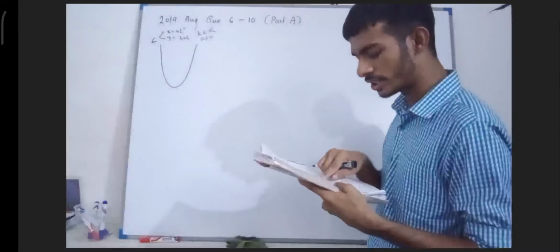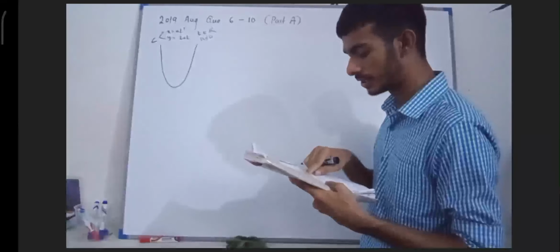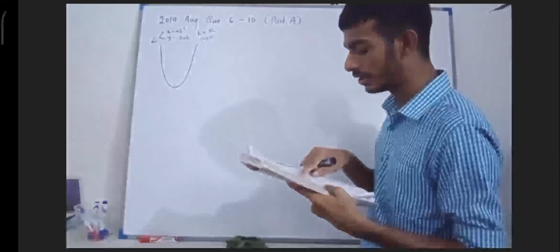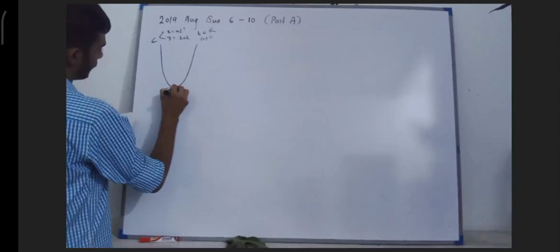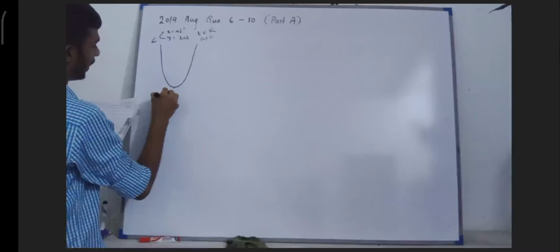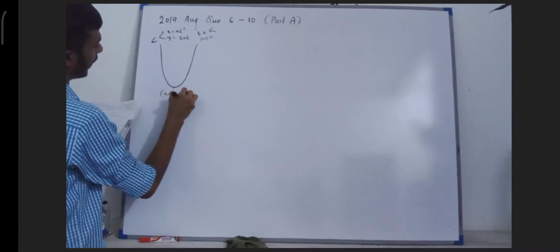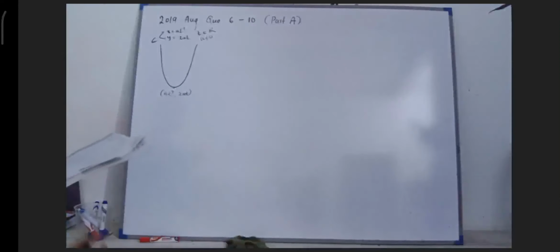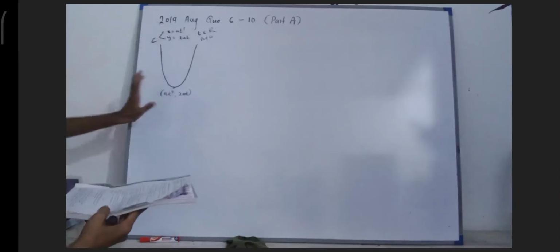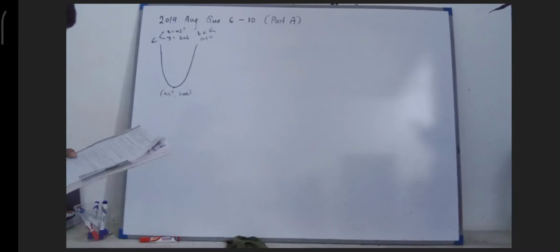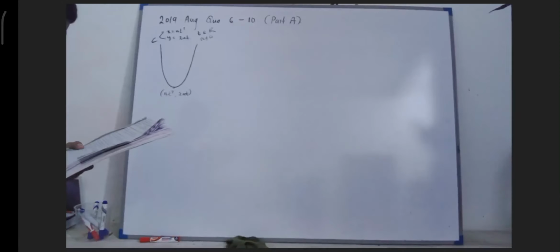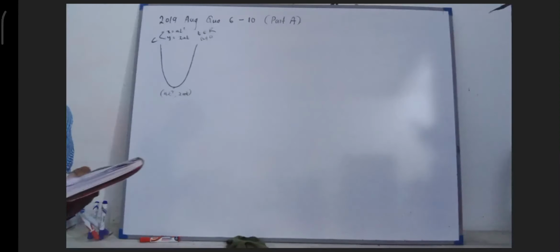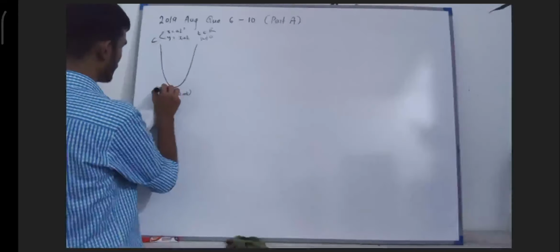Okay. Show that the equation of the normal line to the parabola C at the point at square comma 2at is given by. Now let's assume there is a point here on C, that is at square comma 2at. Here t is a variable because a is a constant, so t is a variable. Show that the equation of the normal line to the parabola C at the point is given by y plus,